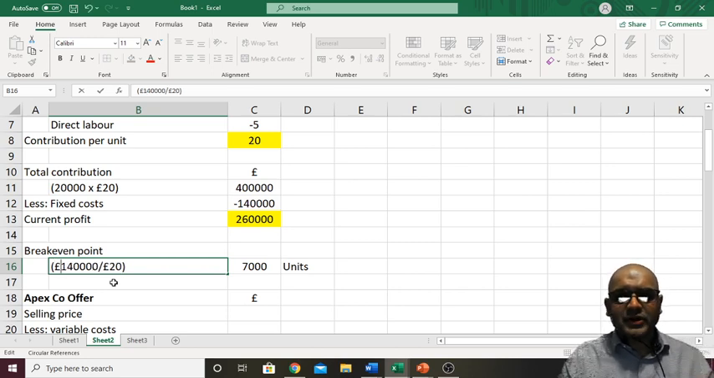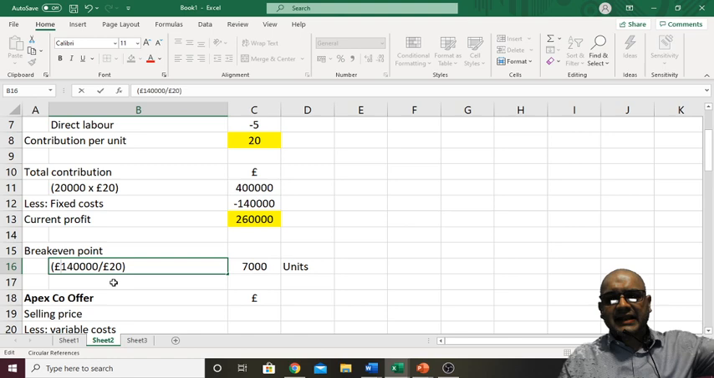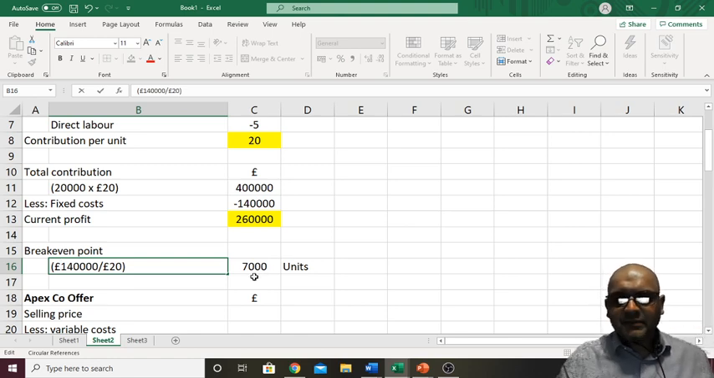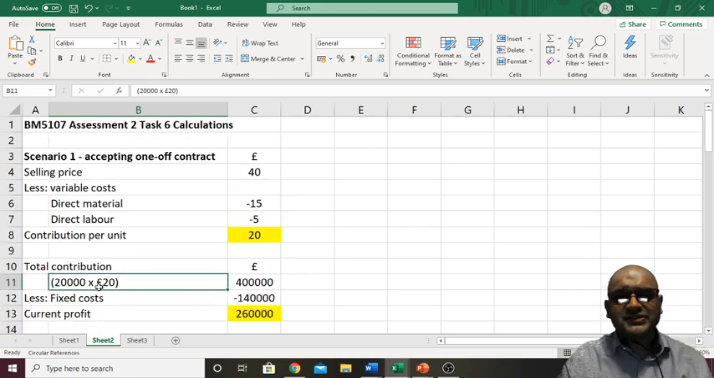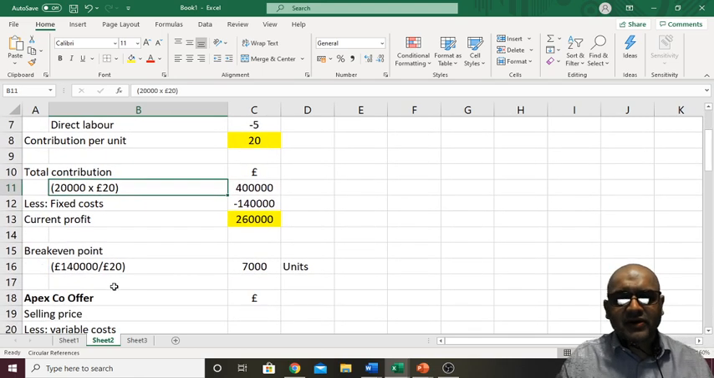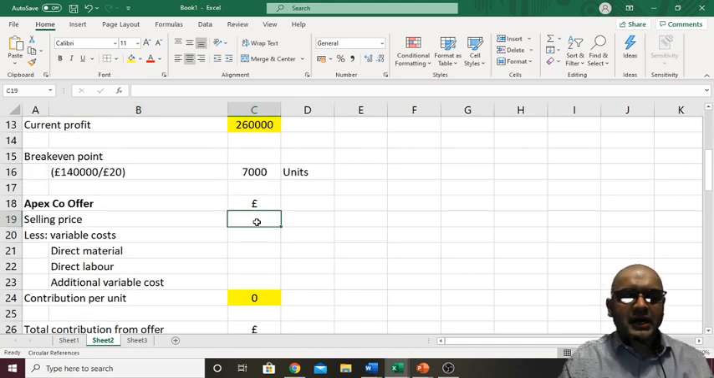Yeah, at this point, no profit, no loss. If we sell anything more than that, we'll make profit. So how many are we selling right now? It's 20,000 units we are already selling, so we are already in the profit margin of safety region. So I already have a hunch that we can accept the Apex offer as long as it is a positive contribution